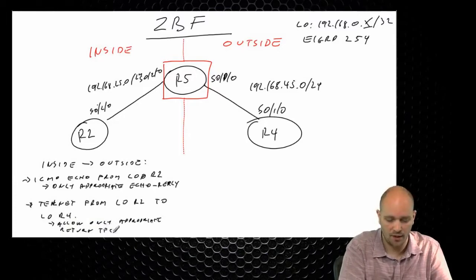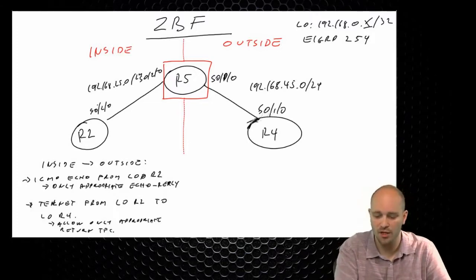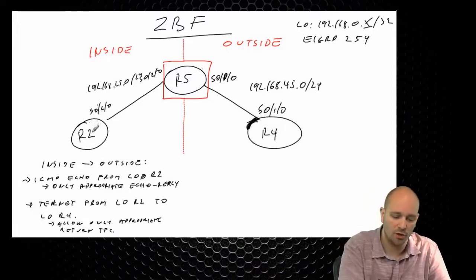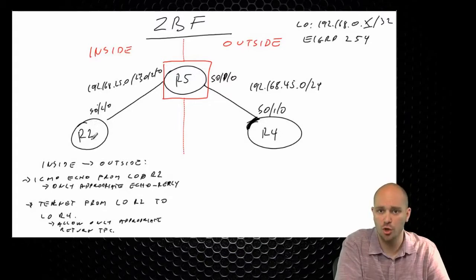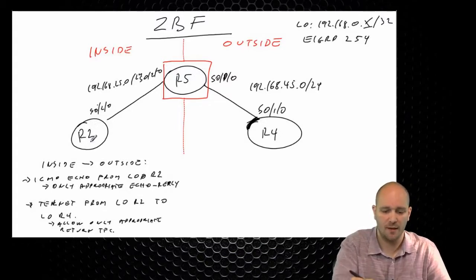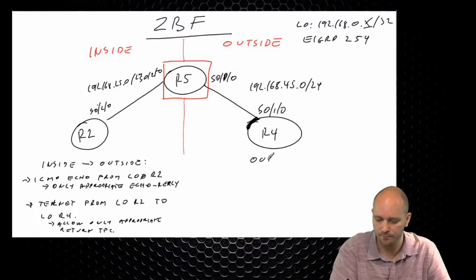Now, what I mean by allow appropriate return traffic is that if R4 was to initiate a wrong stream of packets coming from port 23 here, going to R2's loopback, that should not be allowed, because this is not the appropriate return traffic. Now, also what I want to do here is from outside to inside,